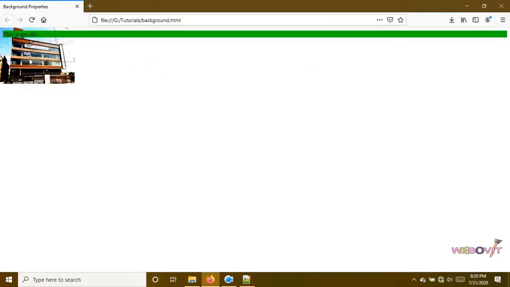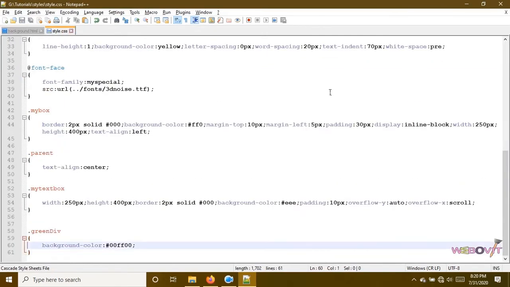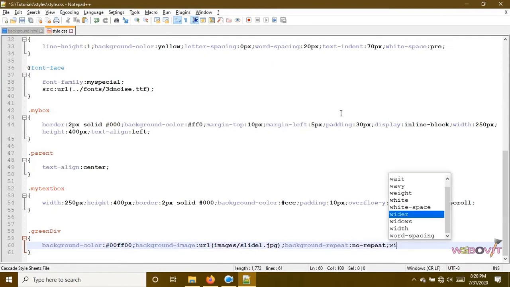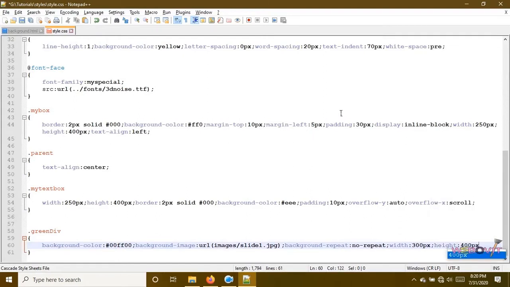Currently we were using the background image for the body section. Now we will use the same thing for div one. So we will cut all these styles from here and paste them inside this one. Now if we see the preview, since the width and height are very small, we will increase the width. So now we have this div with the background image.